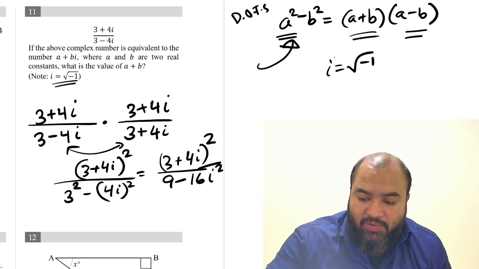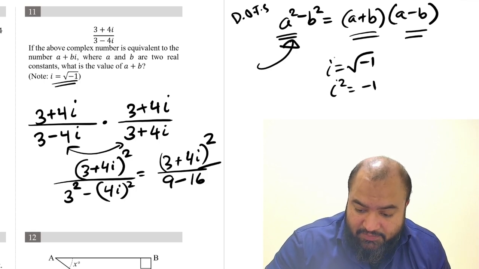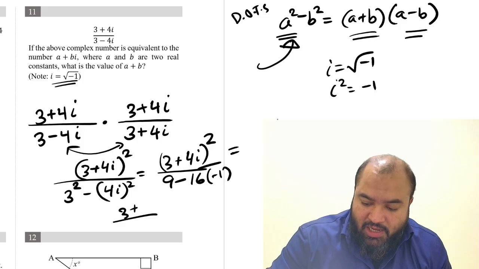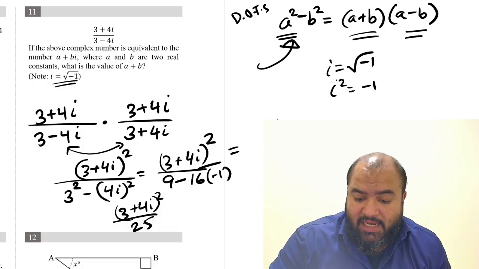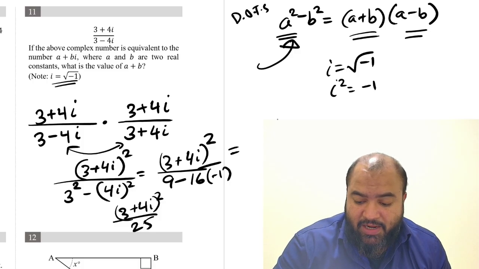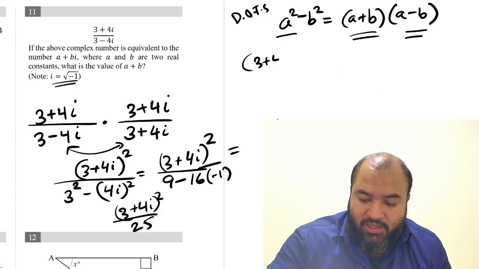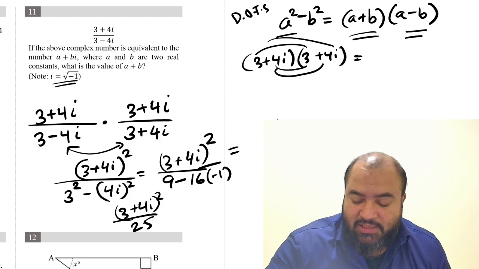Remember, i means square root of negative 1, but i squared means negative 1 if you square both sides. So I can plug that in here. So I get 3 plus 4, again I'm going to write it here. So 3 plus 4i squared over 9 plus 16, which is 25. Now they said they wanted in terms of a plus whatever. So I'm going to expand the 3 plus 4i squared. Let's expand it on this side. First of all, you can do it in a FOIL way. But if you know the completing square, so it's just going to be 9 plus